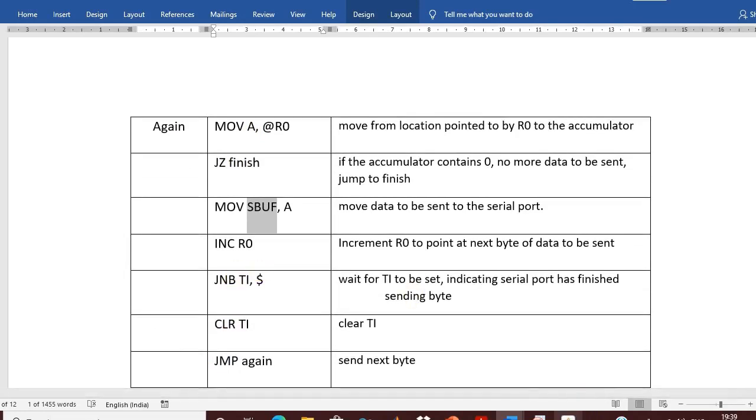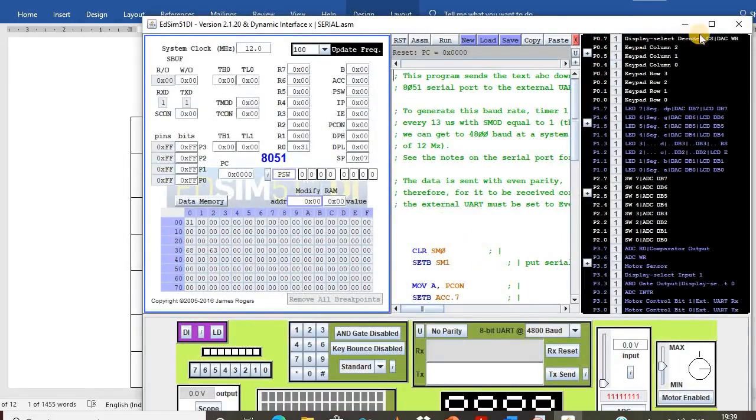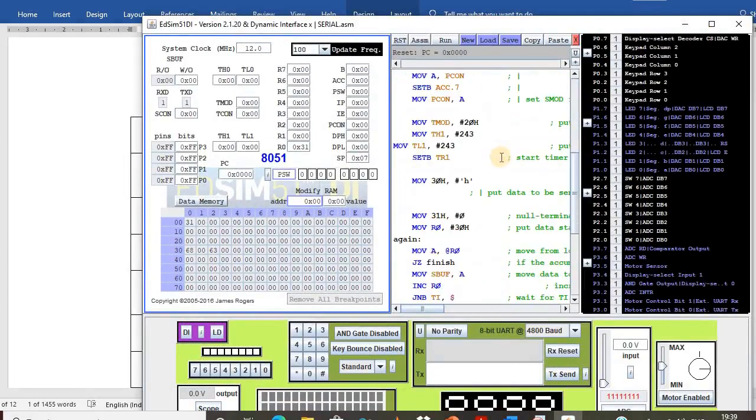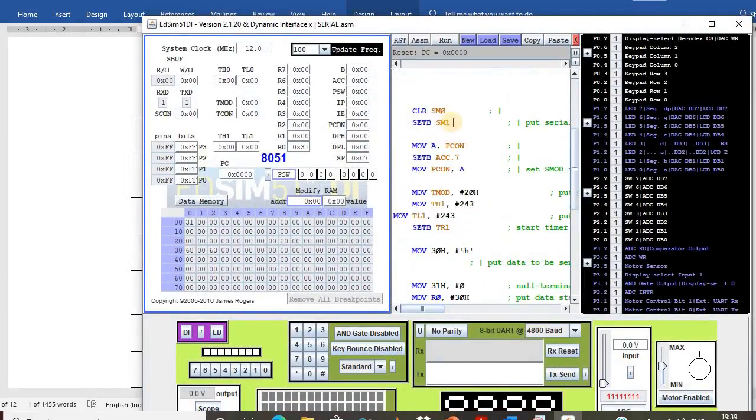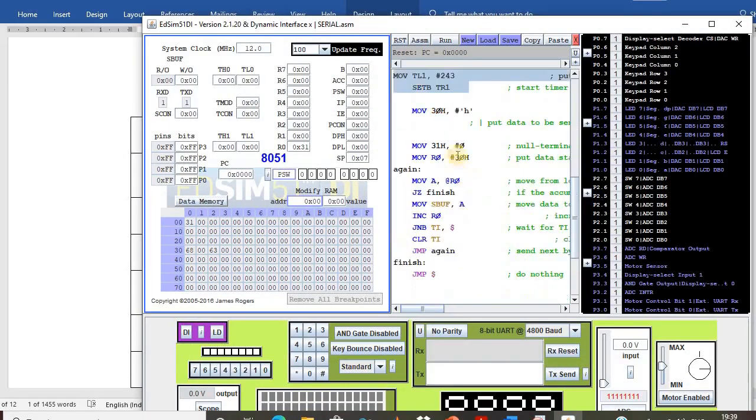Now we will see how to execute the program. I have already loaded the same program. At first I have initialized the serial control register, then the power control register, and then the timer registers. Here I am going to transfer data called H, and to terminate the data it is #0.